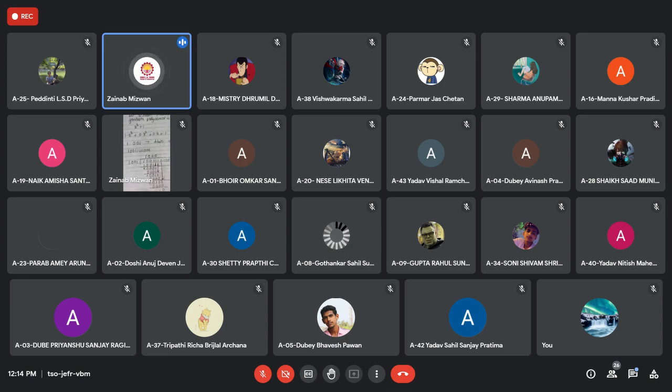0 XOR 0, again it will be 0, 1 XOR 0 it will be 1, 1 XOR 0 it will be 1, and again this term I'm going to discard. I won't write the 0 over here. आ रहा है सबको समझ में? Now what is remaining? Again इसके बाद ये 1 है. I will just pull down this 1 over here. Okay, so I have pulled down again this 1 over here.